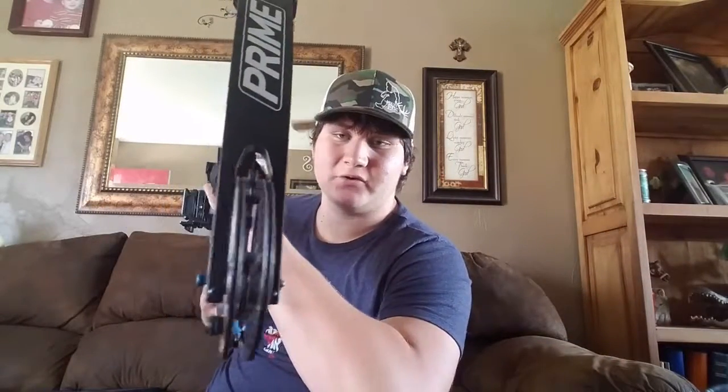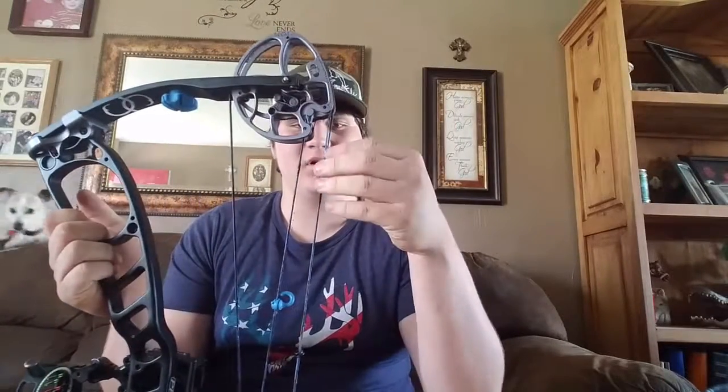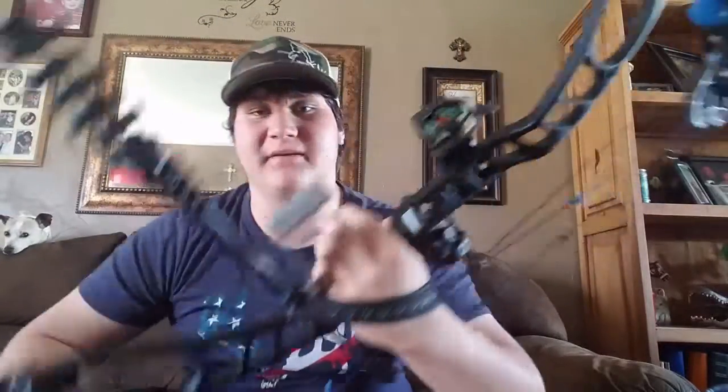The parallel cams on the Prime bows is a real big improvement on the dual cam and the single cams. I love the fact that it has basically four cams, even though it's not four cams. Anyways, I love this bow. It's truly an accurate bow, definitely by far the most accurate I have shot, especially when paired up with amazing